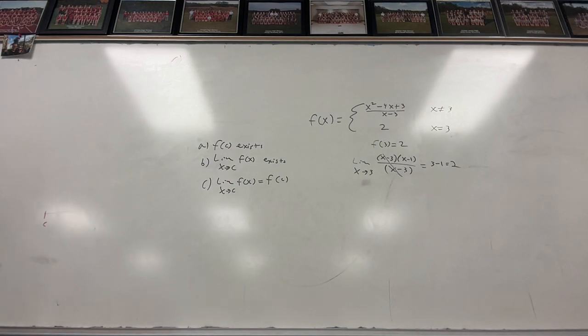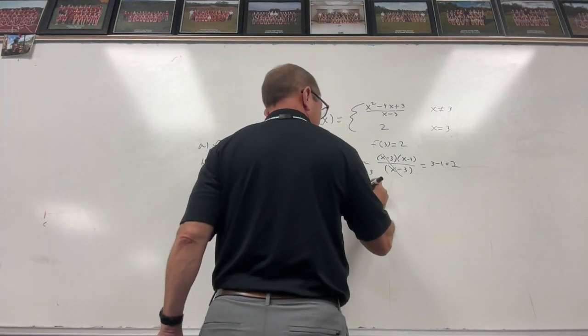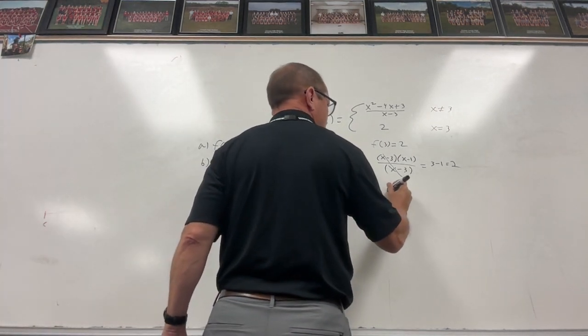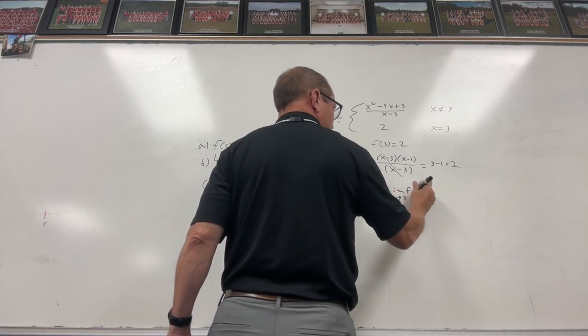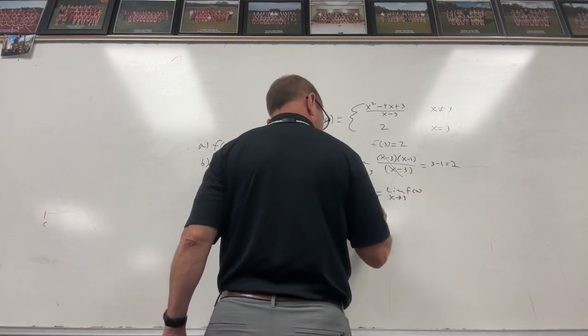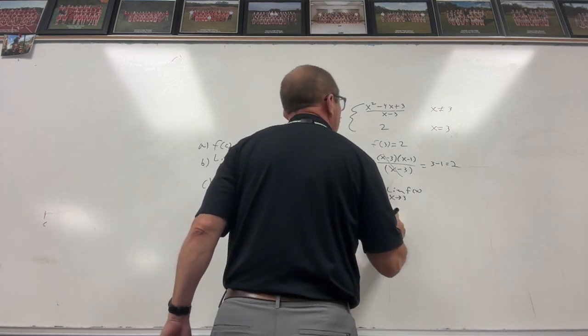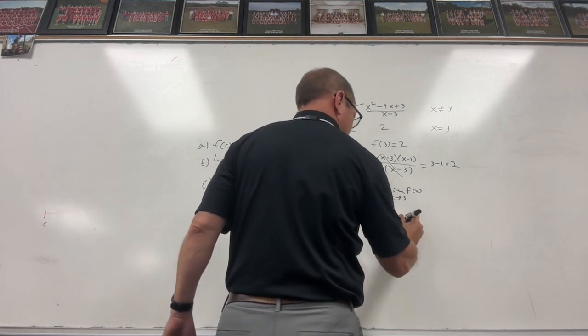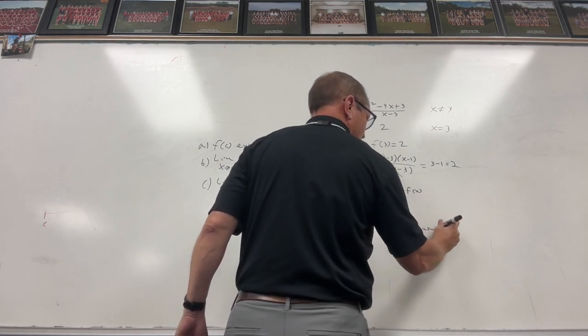So now we know f of 3 is 2, and we know that the limit as x approaches 3 is 2. So does f of 3 equal the limit as x approaches 3? Yes. Therefore, it passed all 3. Therefore, f is continuous at